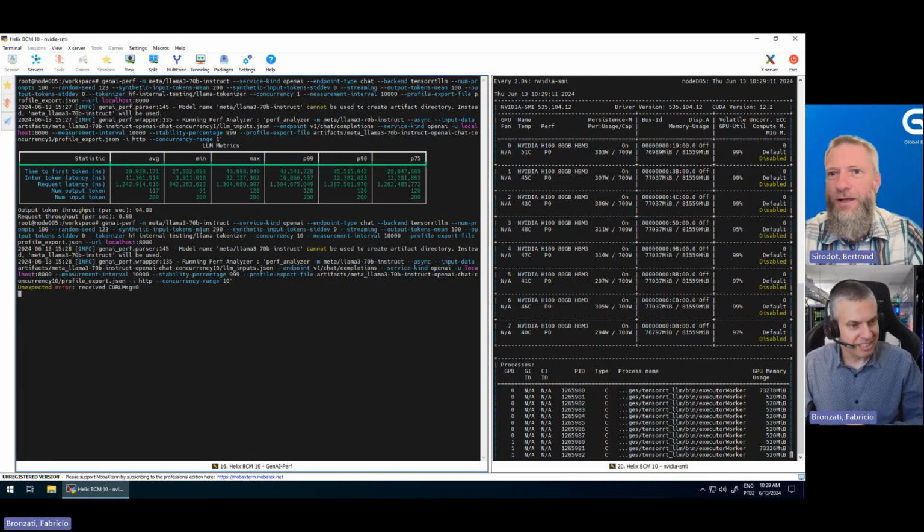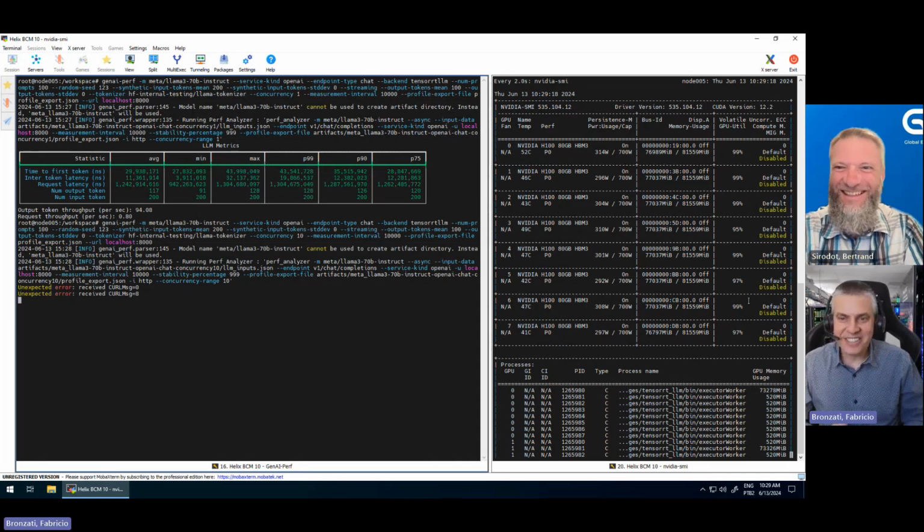I also saw that the utilization on the GPUs has shot up as soon as you started that. Yeah, that's a really good way to see that the GPUs are being used at maximum.